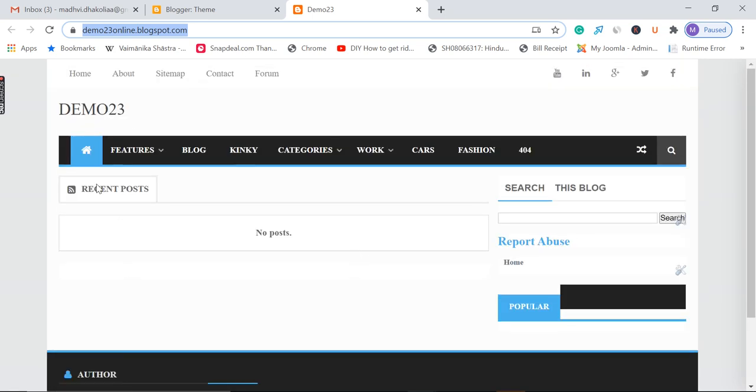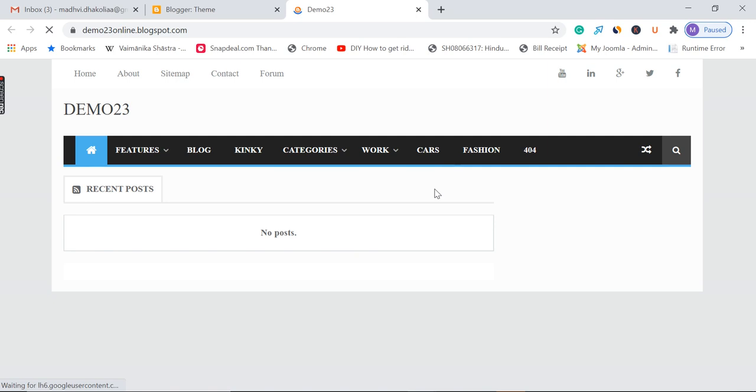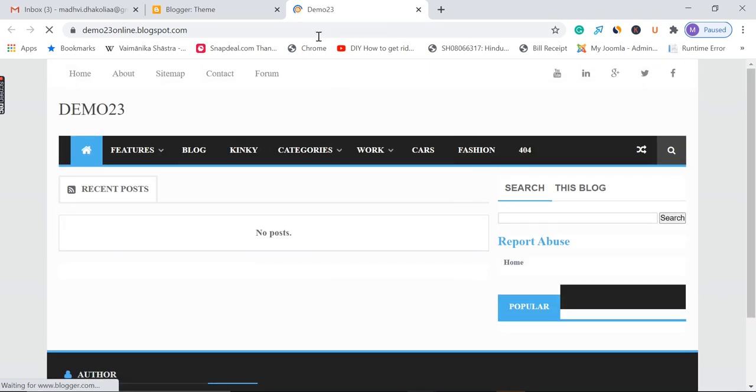This site looks very professional. You can edit it as per your choice, and it looks really very user friendly and very responsive. So wherever you click, it will automatically take you to the new page without getting redirected. It is very responsive and looks very professional, and with this theme Google AdSense gets approved also. If you write 20 to 25 unique articles, do SEO properly, and apply good changes, and write all the posts properly, and send it for Google AdSense approval, you will definitely get the approval.